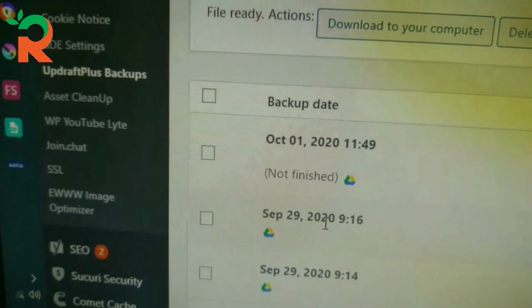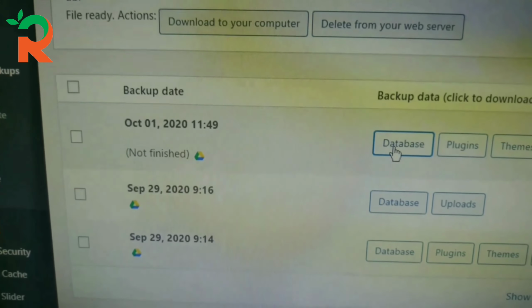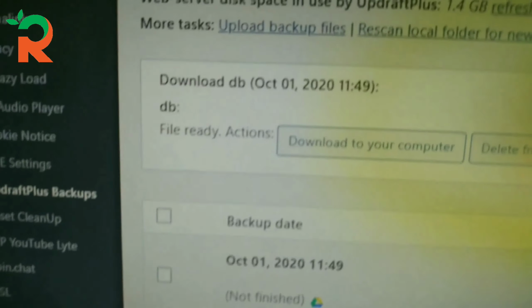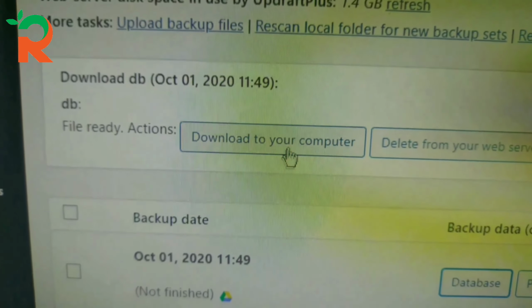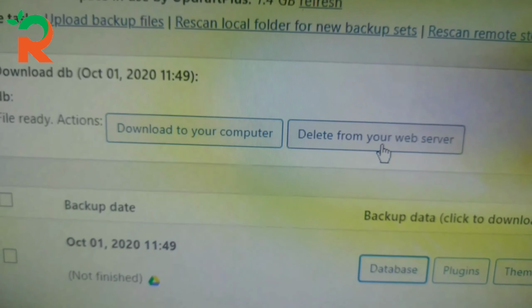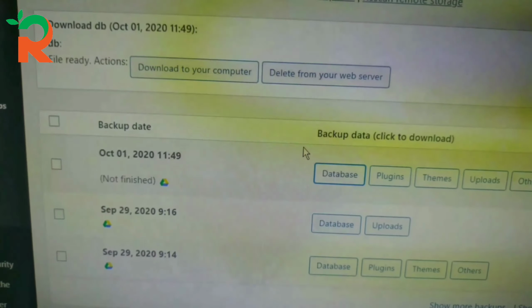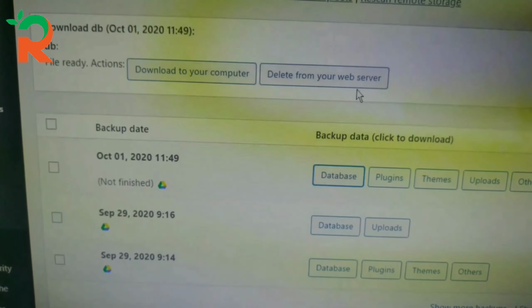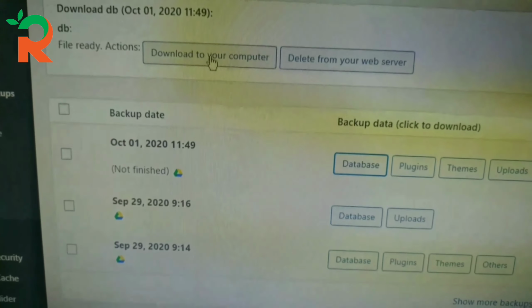Now if we come down, you can see a new entry, October 1, 2020, 11:49. Now if you click on the database, it will show you: file ready, actions required, download to your computer or delete from your web server, which means that Updraft Plus has created a backup in the web server, and you can download it to your computer and save it somewhere else.